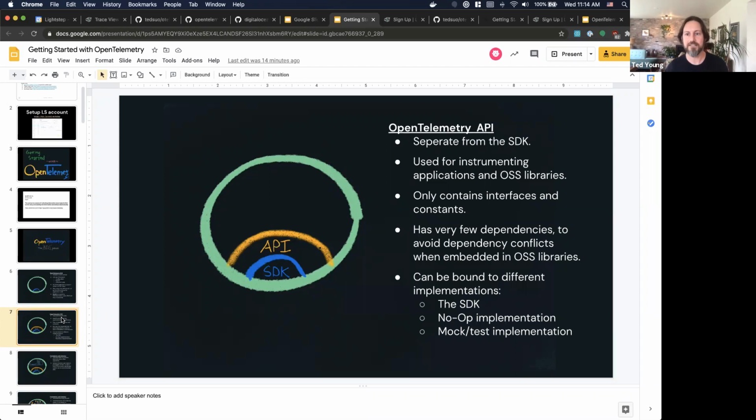And the API can actually be bound to a couple of different implementations. So the SDK is the default production implementation we provide people. But if you don't install an SDK, then the API comes with a no-op implementation. So those instrumentation calls will just do nothing and produce no overhead. And we also have in every language a mock or a test